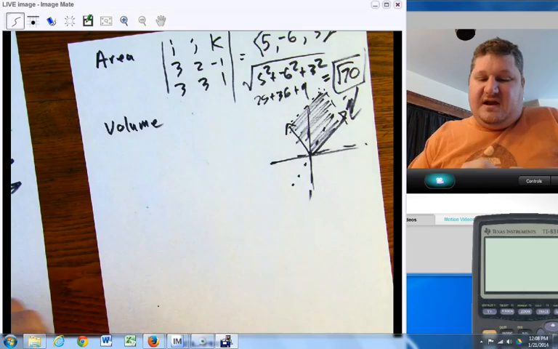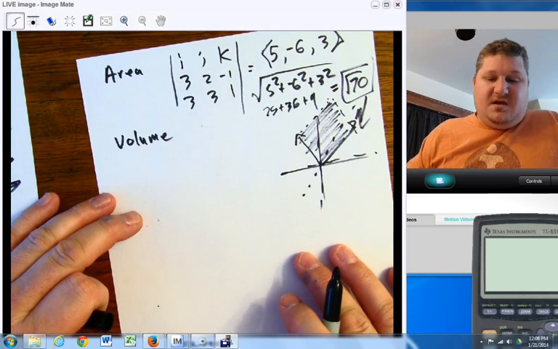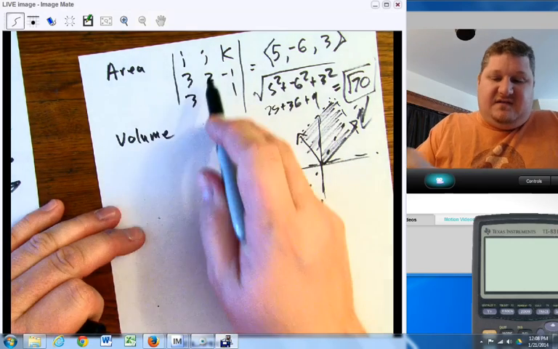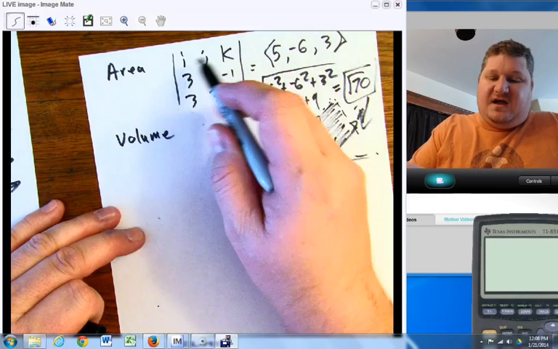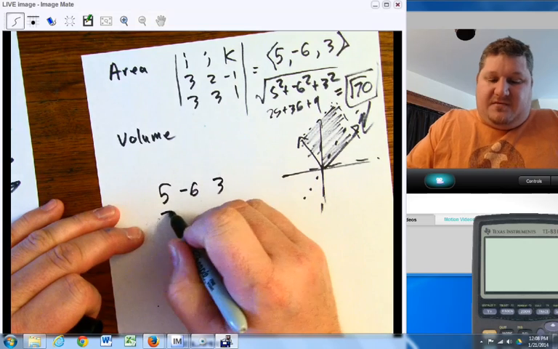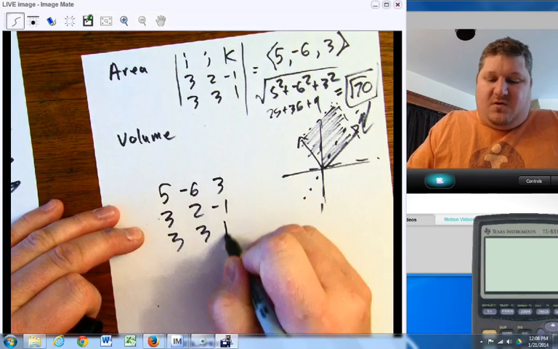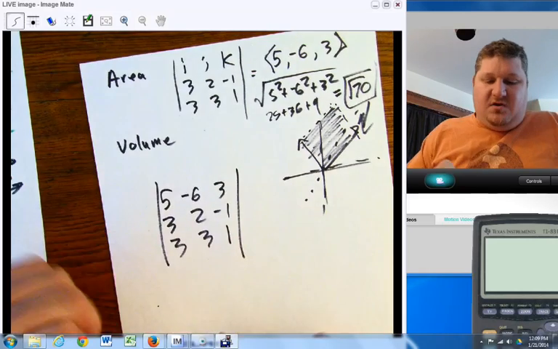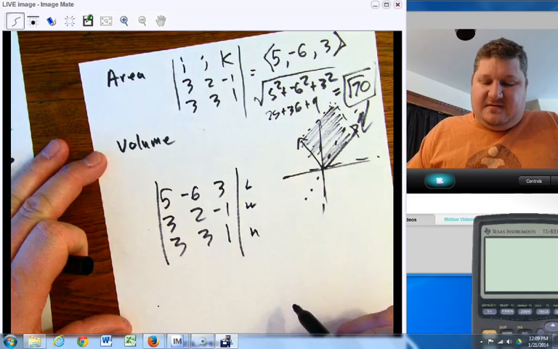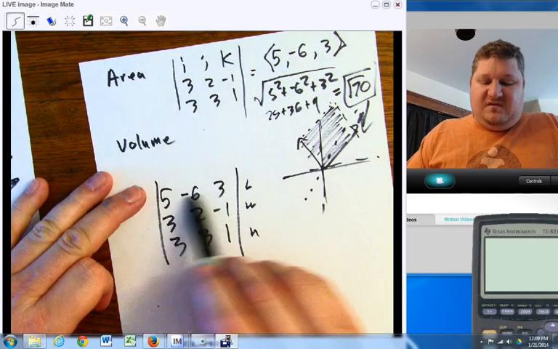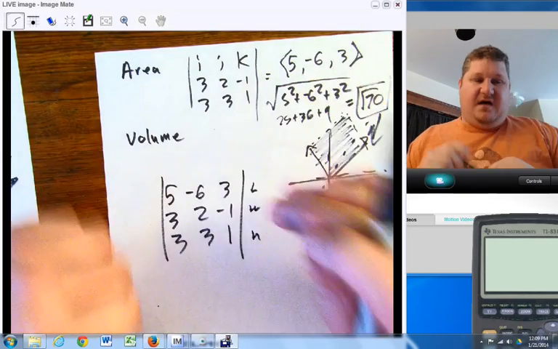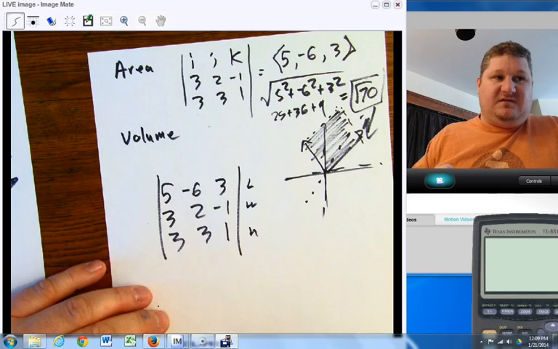Now, while we're talking area, if we were to have volume, let's take the volume of a solid whose base is, and in this case I can take this and put it back in for the i, j, and the k, and I have 5, negative 6, 3, 3, 2, negative 1, 3, 3, 1, and now I have a full matrix with 3 components, a length, a width, and a height. And so remember, this is perpendicular to the other 2. So to find volume, if I could just get a value for that matrix, well, what is a value for a matrix? That's going to be a